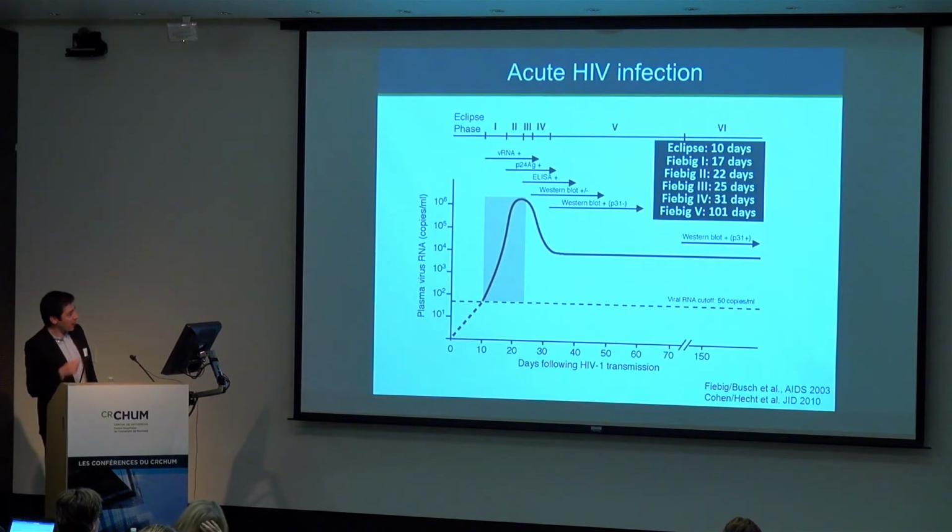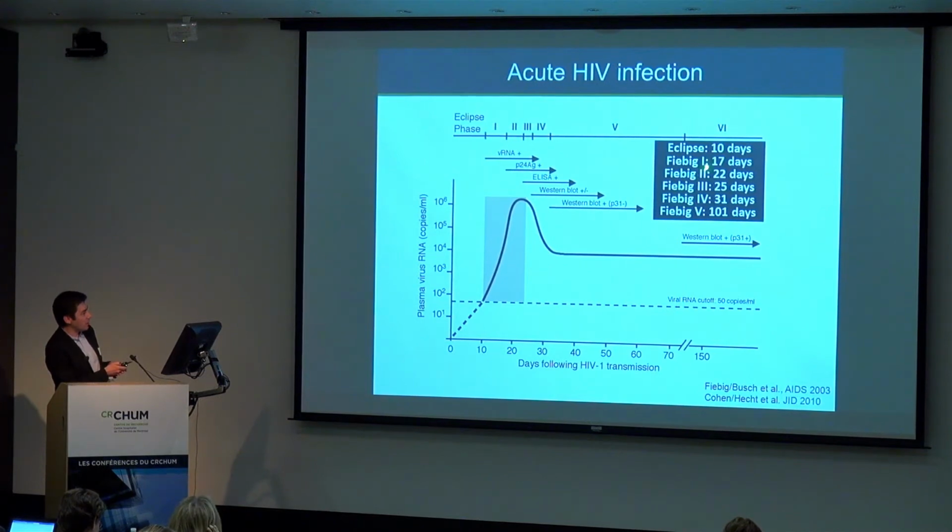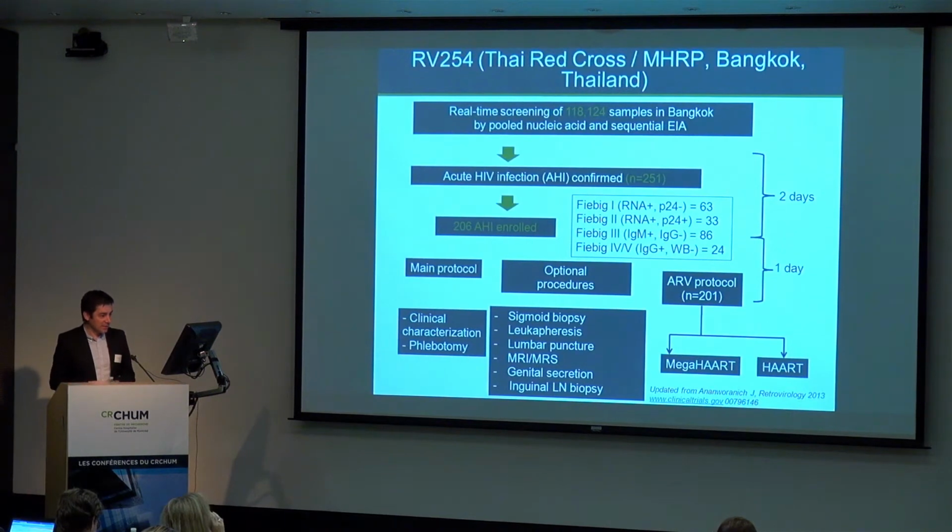And to determine for how long they've been infected, you can use this classification that was developed by Mike Bush and one of his postdocs named Fibig back in 2003, which is based on the positivity of different clinical tests, from viral load, antigenemia for P24, then the first antibodies, etc. Then you can say that the Fibig-1 subjects have been infected for approximately less than 17 days, Fibig-2, 22 days, etc. So based on this clinical data, you can try to get an estimate of the date of infection. That was very convenient, and that's what we used in this study, which is called RV254 or Search10,